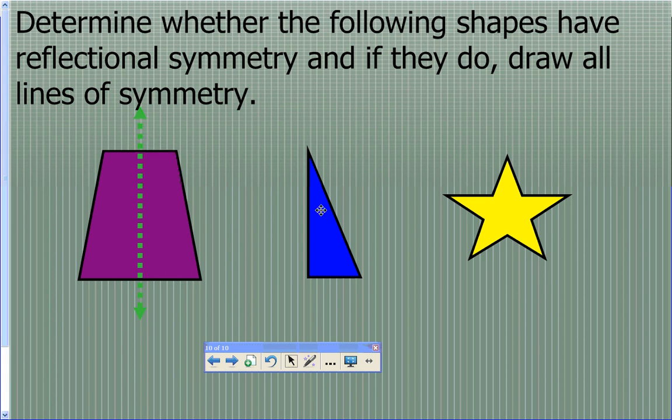Look at this triangle and see if there's any way I can put a line that would make both sides symmetrical or the same. The answer is no. This shape does not have a line of symmetry. So this one is not